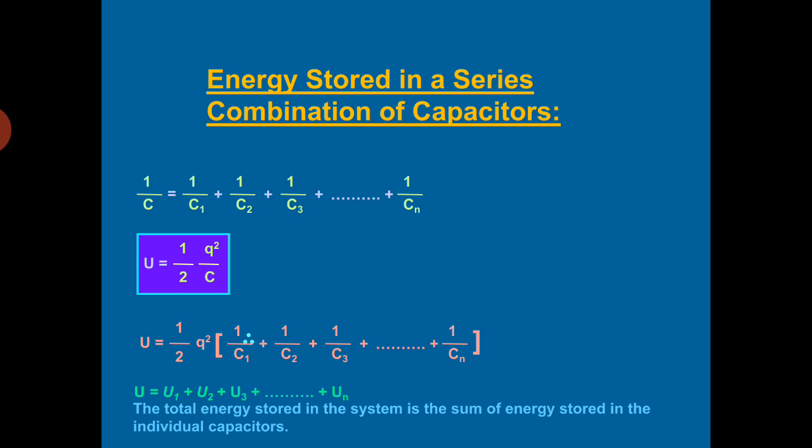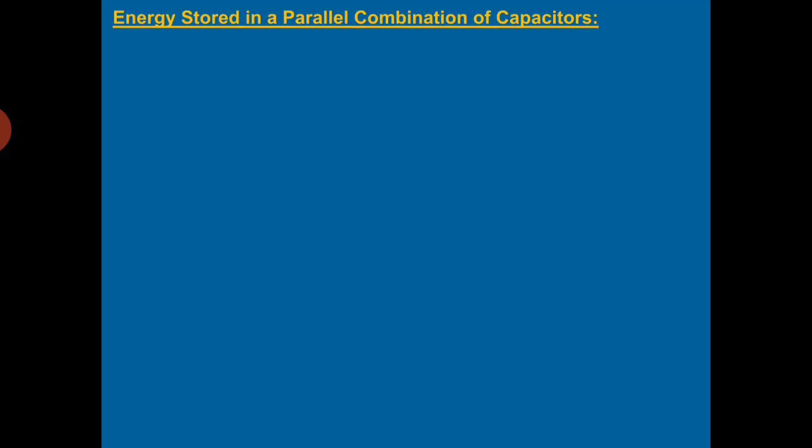So next, come to what happens when we consider a system having a parallel combination of capacitors. Now, if n capacitors are connected in parallel, the effective or equivalent capacitance is given by C equal to C1 plus C2 plus C3 up till Cn. We have derived this relation earlier. So, if we consider equivalent capacitance to be C and potential is V, then the energy stored is given by U equal to half C V square.